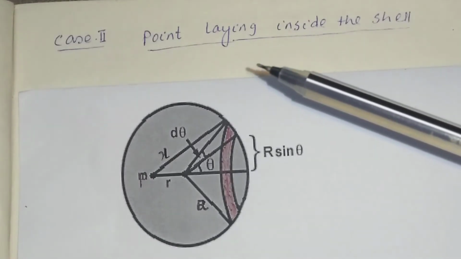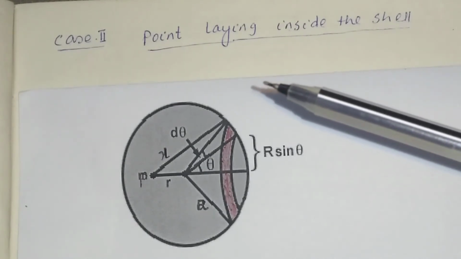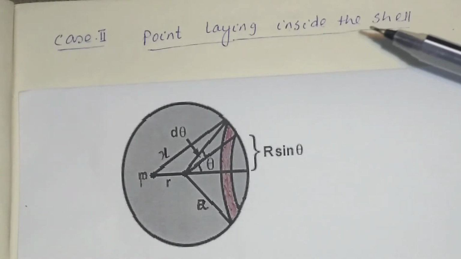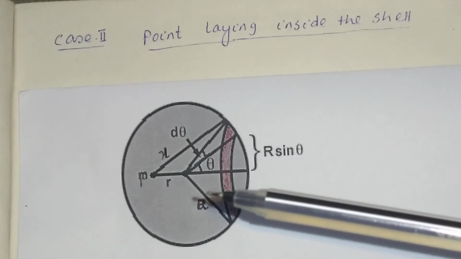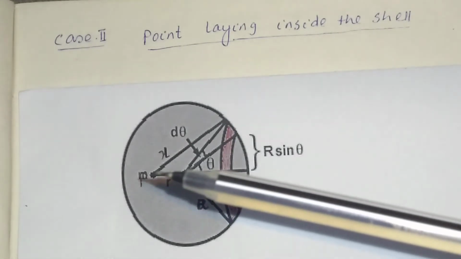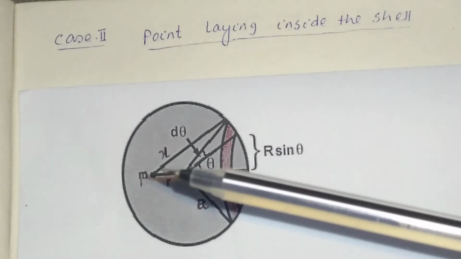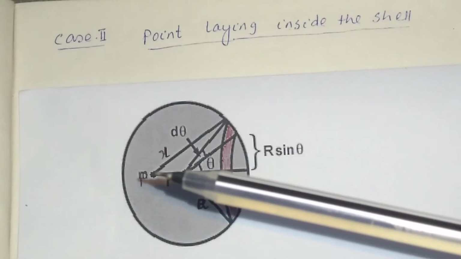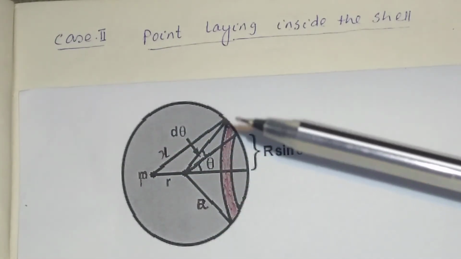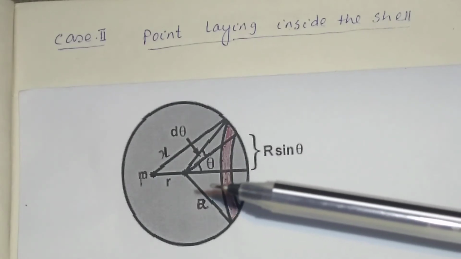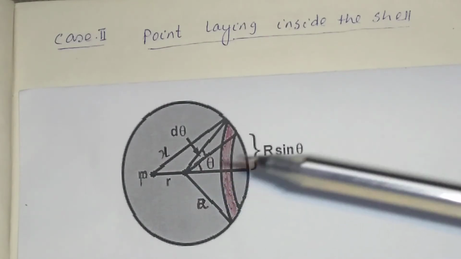Now we will find out the expression for the gravitational potential and gravitational field for a point lying inside the spherical shell. You see, this is the spherical shell of radius a, and you have to consider a point P at a distance r from the center, and find the gravitational potential here. The figure will be the same. Here only the deduction and everything is the same. Only you have to change the limits of integration.